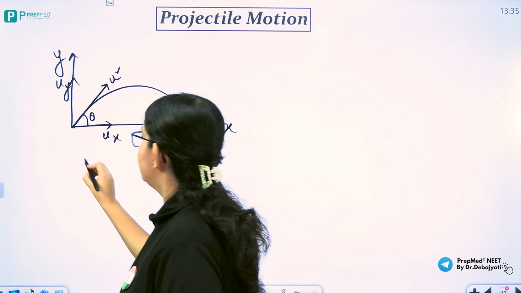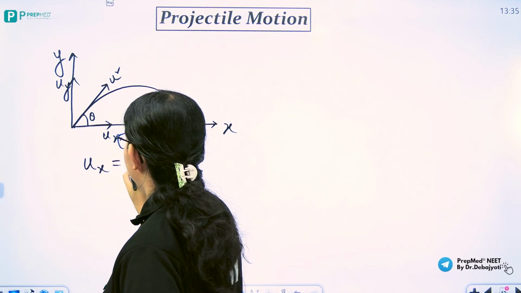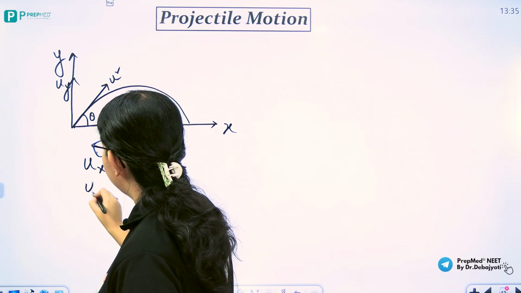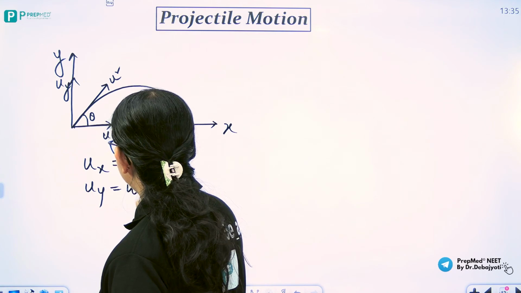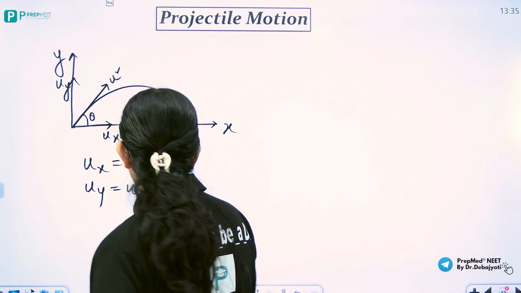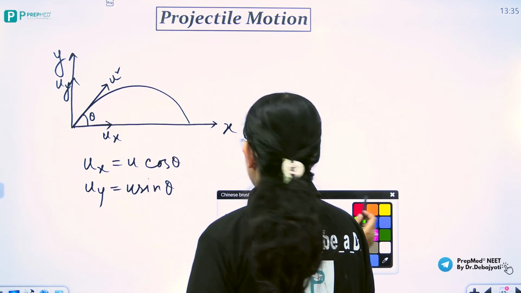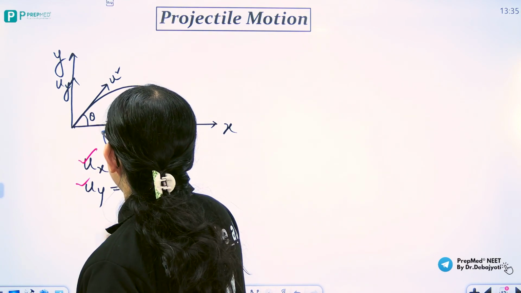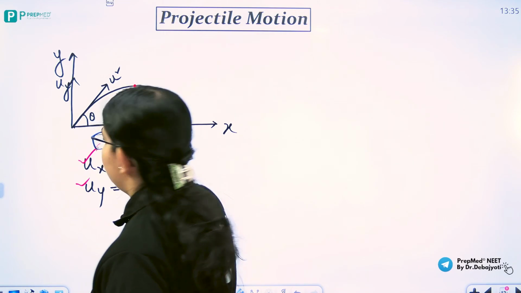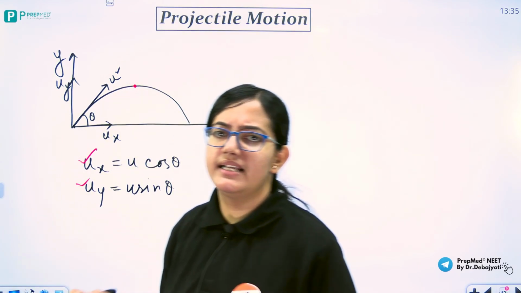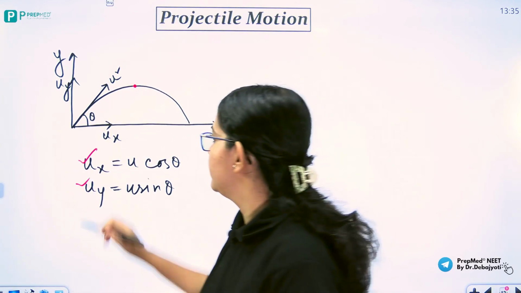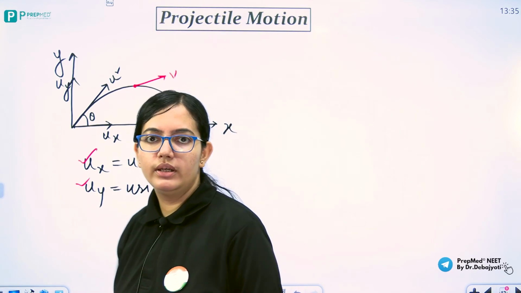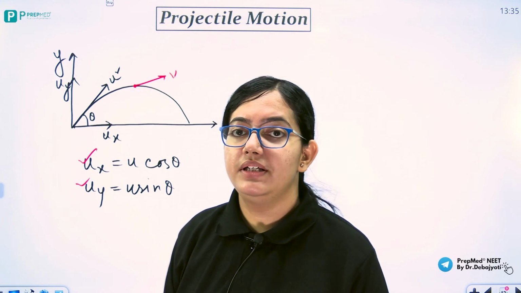then ux can be written as what? U cos theta. And uy is what? U sin theta. Then in this case we have ux and uy. Fine. Then we can find that after a time t, it has a velocity v. See here the velocity is